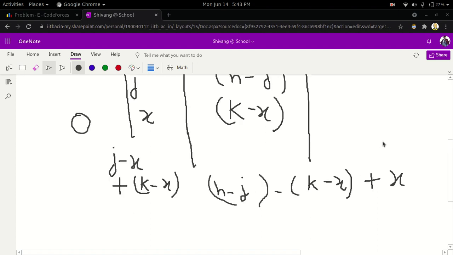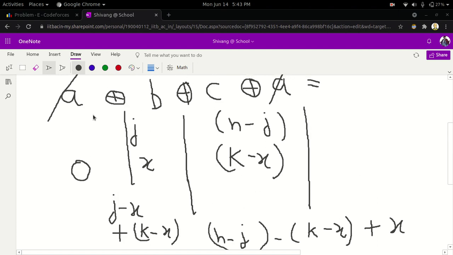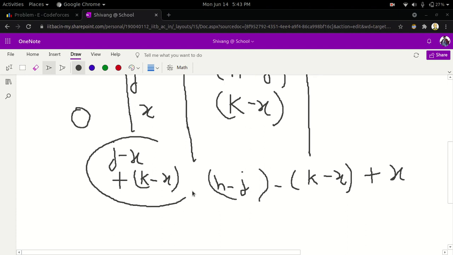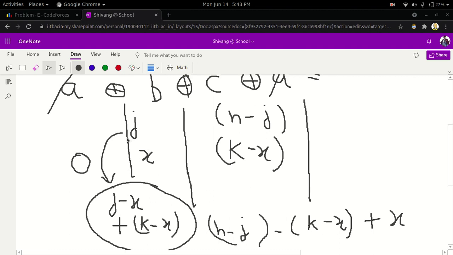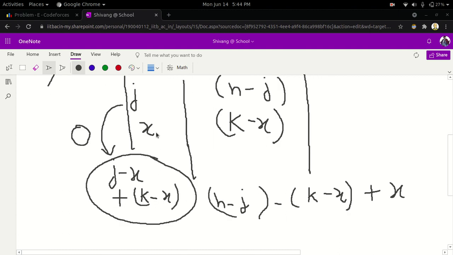So we go from some state j to another state for some value of x, such that j minus x is not negative. We must have at least x elements which have occurred an odd number of times to make this transition. So from any state j, we can make this transition for values of x which range from 0 to k, with x not greater than j obviously, and also n minus j minus k minus x must be greater than or equal to 0. So if we check out all the conditions, these are the transitions which we can make.